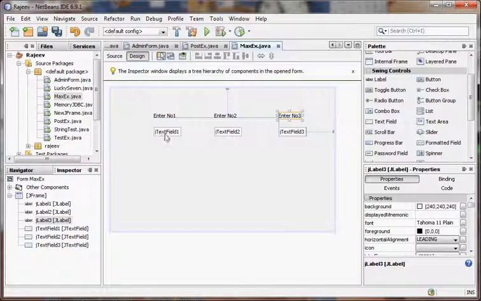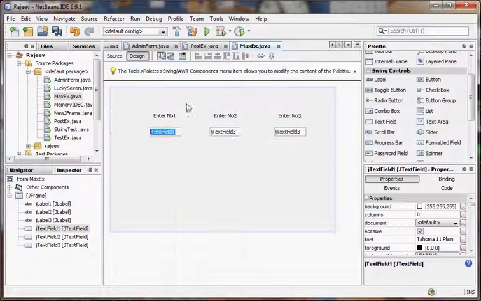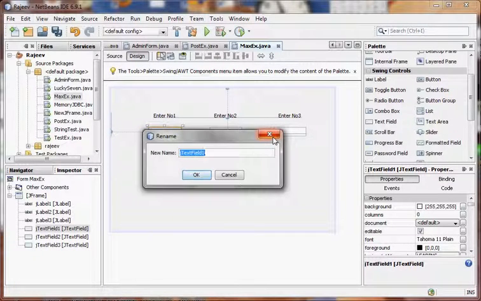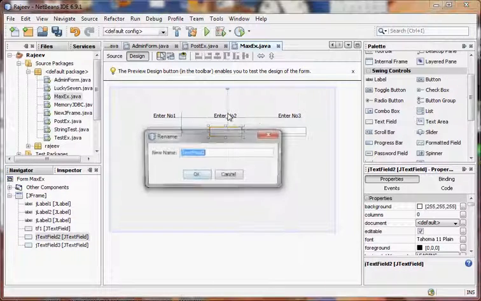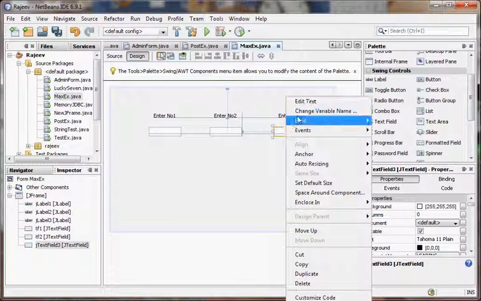Then just change the size a bit, otherwise the text fields are minimized when we edit the default text property of the text field. Say edit text, remove the text because we don't want to show the text when the form is run. Now change the variable name to tf1. Variable name is just like a handle used in the program for the name of the control. tf2, and name the third one as